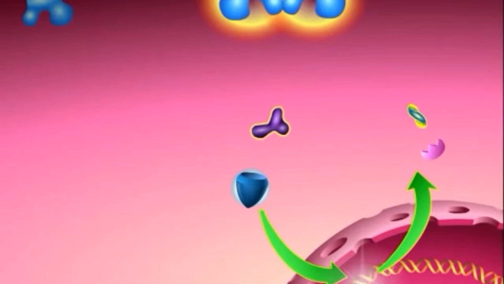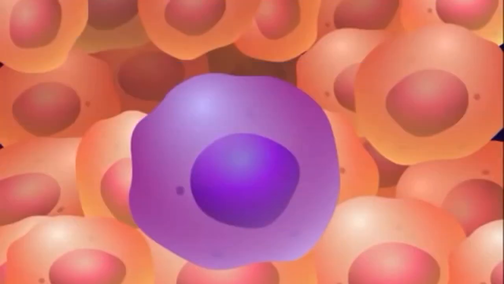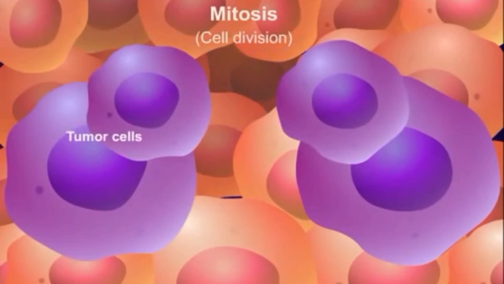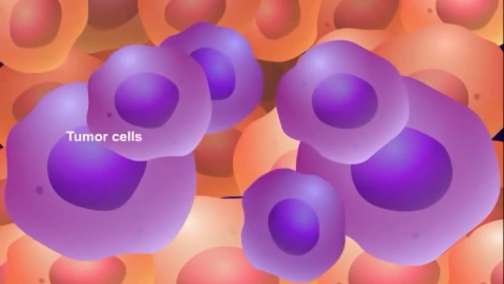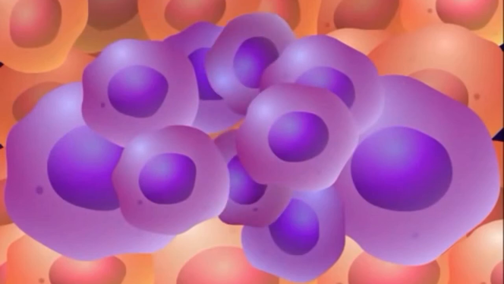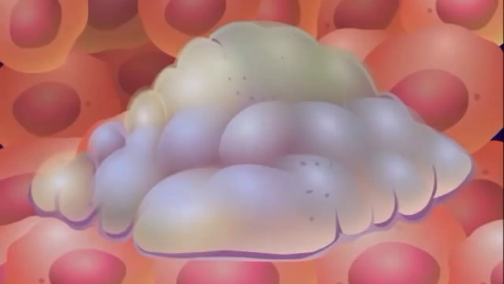Once the signal reaches the nucleus, transcription factors are activated. These factors transcribe the genes that are translated into the proteins, such as growth factors, that are necessary to allow the cell to continue to proliferate. The end result of any growth factor receptor signal transduction pathway is tumor DNA replication and cell division. One tumor cell becomes 2. If mitosis continues, 2 tumor cells become 4, with exponential growth potential. On the tissue level, this leads to increased tumor growth and increased tumor size.